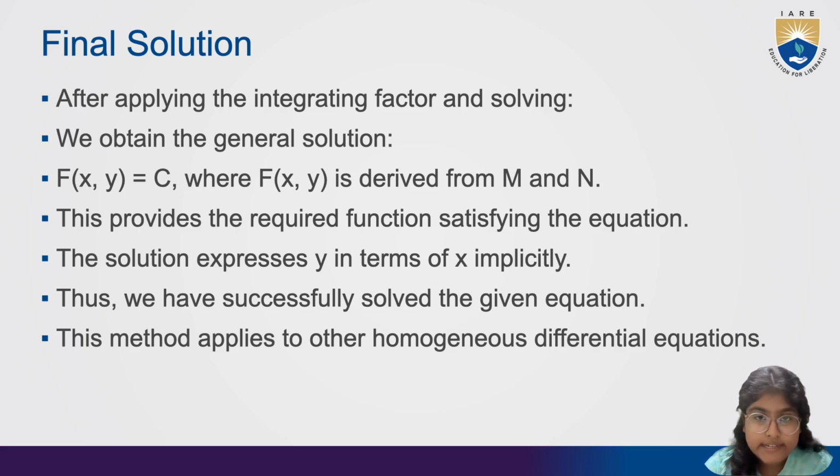And on integrating this, the solution of the equation is the integral of M plus the integral of N equal to c, where the integral of M is taken in such a way that y terms are taken as constant, and in the integral of N, no x terms or any terms consisting of x are taken into consideration. Hence, we can say that the equation f(x, y) = c represents the implicit solution to